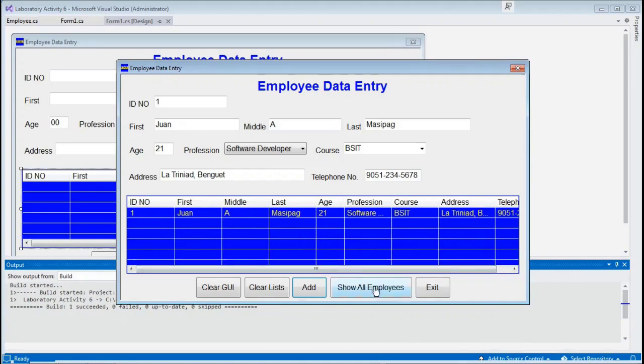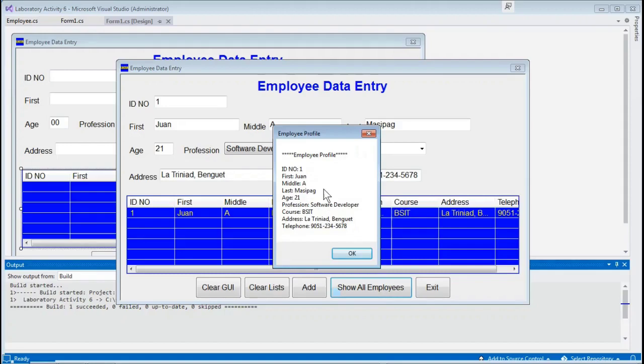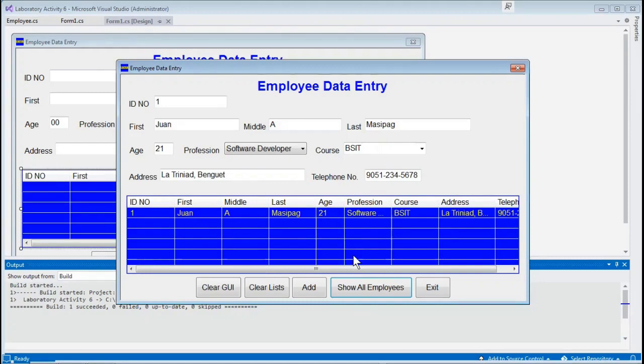If I click the show all employees, it will display the current employee, 1 Masipag, ID number 1, Masipag, and then I click the OK to close the message box. Let us add another employee. So that we can easily add, we need to clear the contents of our graphical user interface except the list view. I click this clear GUI, and we are ready now to type the next employee,